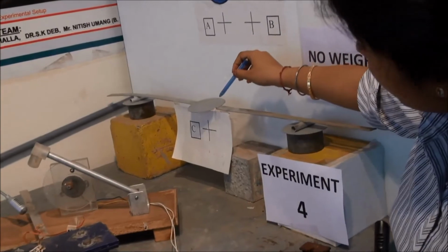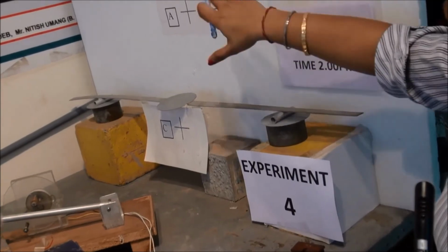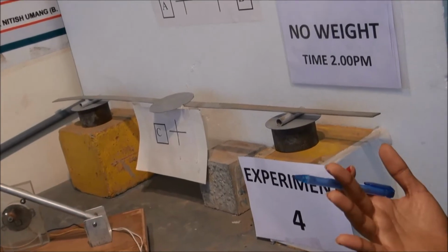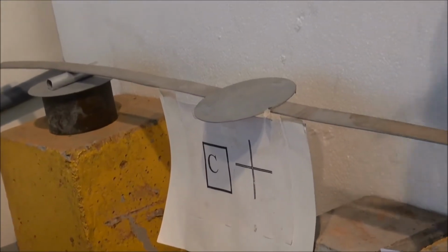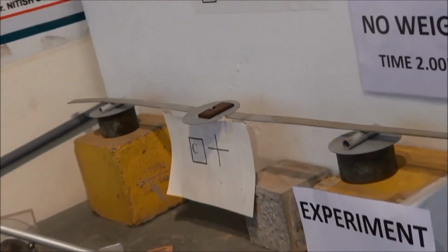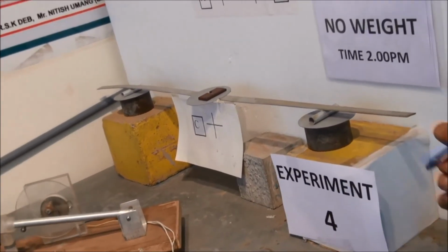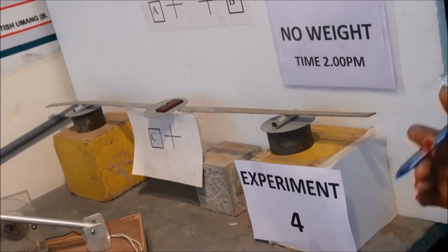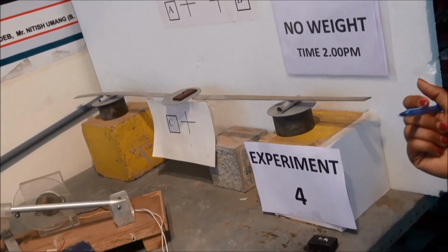We will capture the picture of this whole setup in four situations. First is no weight, when this beam is not loaded. Then we will keep on adding loads at fixed intervals of time, like we will be adding loads at 1 hour. So this experiment is being repeated twice a day: first 4 conditions at 1 hour interval in the first half and similarly in the second half.